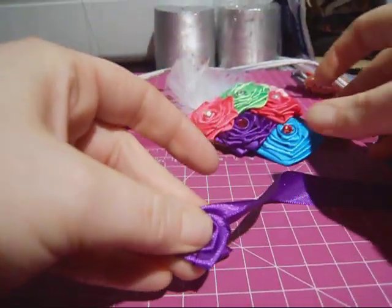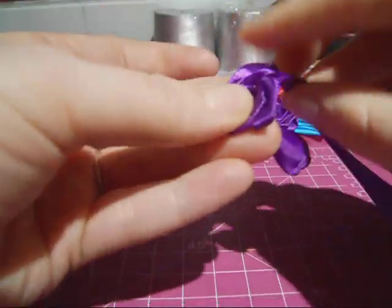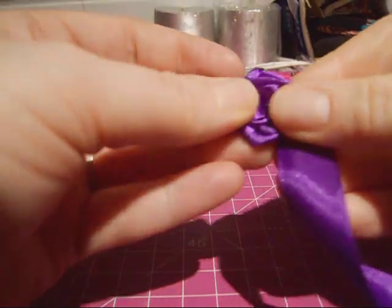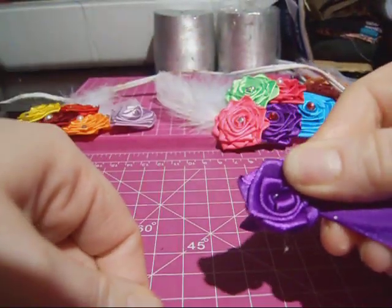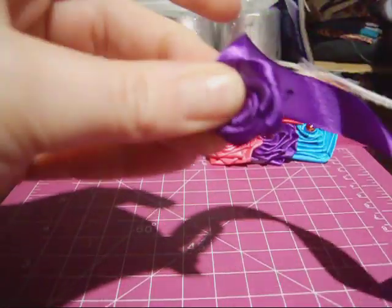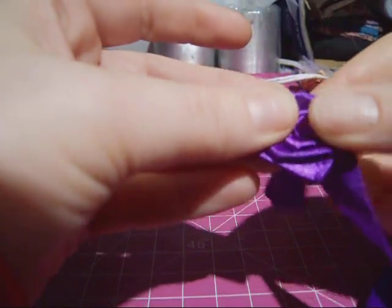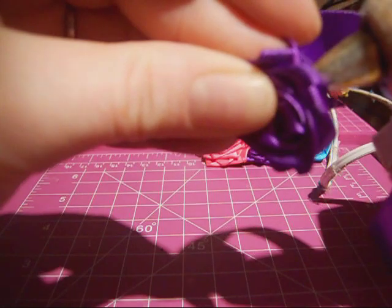Okay, so now the way to do these kinds is you're going to offset each petal. So instead of adding them up together, or adding the points together, you want to create your points in the middle of the actual petal, like that. So as I continue this, you'll kind of see what I'm saying. So I'm going to fold this and roll it over, fold it, I'm going to add a touch of glue,